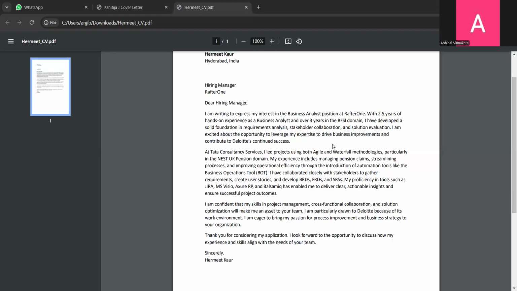Okay. As you said, you worked for 2.5 years on this support role. Sorry, 6 months as a policy administrator. Yes, 6 months as a policy administrator. So in total you have a team of 25 members from the support team. Earlier, I had a team of more than 20 people when I was in policy admin. After coming to this BA role, I had a team of 8 members.